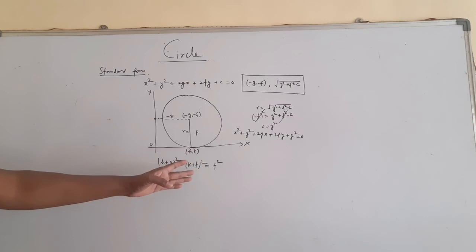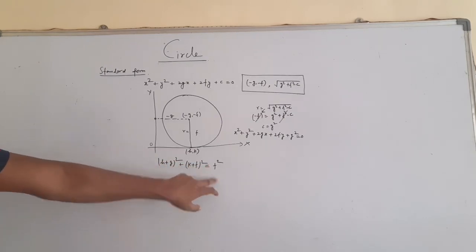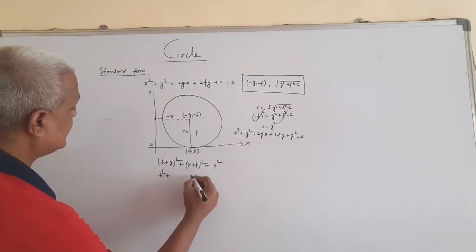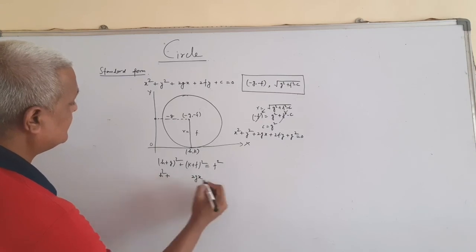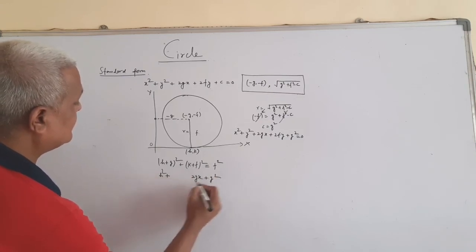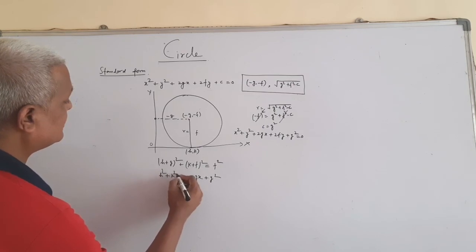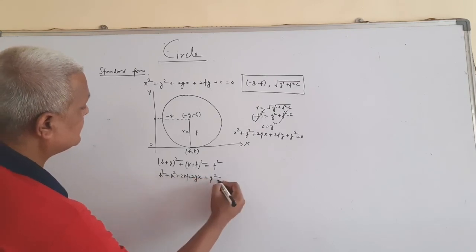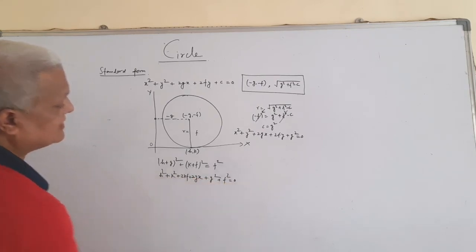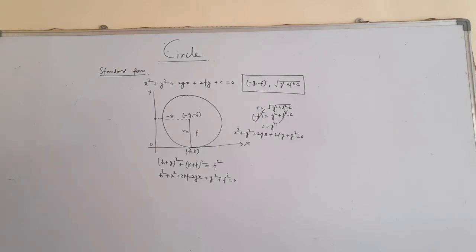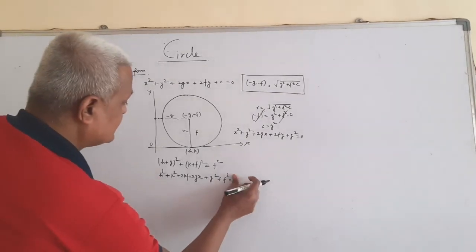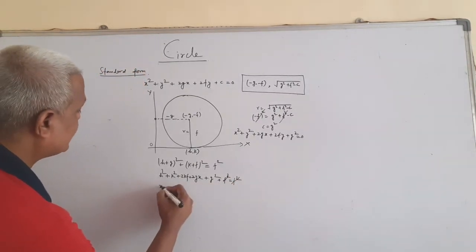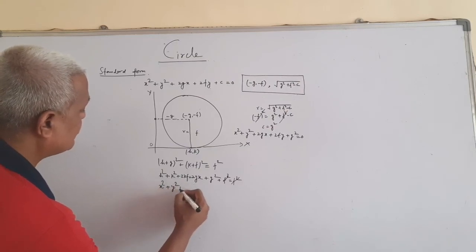So now you see that the f square from this will cancel the f square from this, then what you get? h square plus 2gh and g square again here, and then k square plus 2kf plus f square is 0. So again you see that the f square terms cancel each other, so we are getting x square plus y square plus